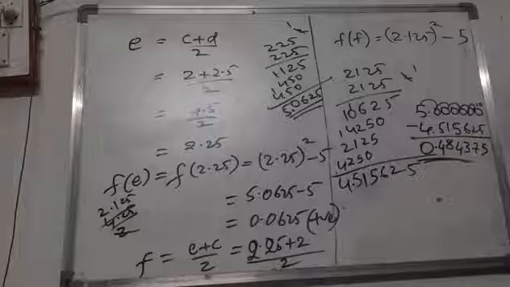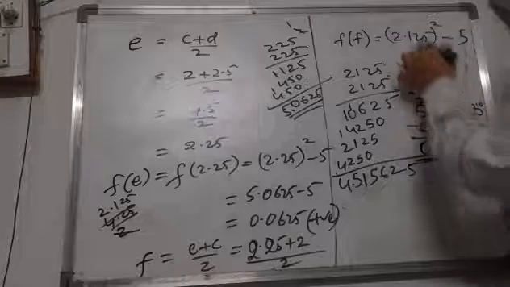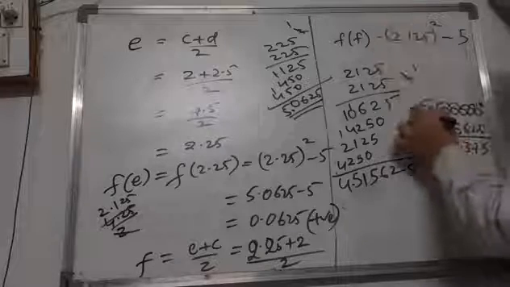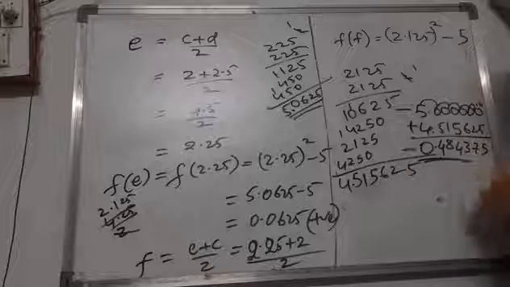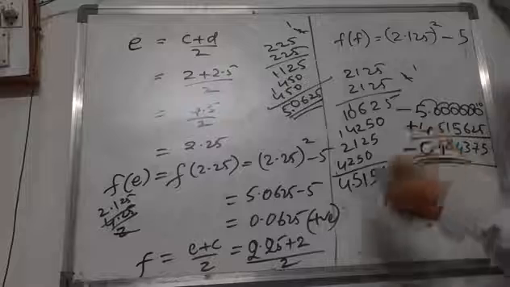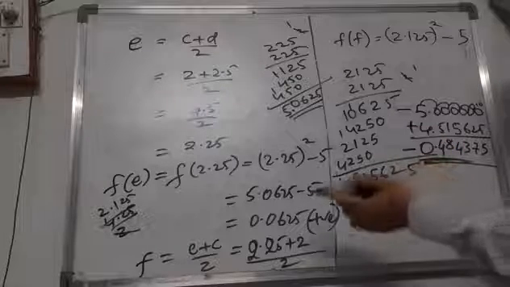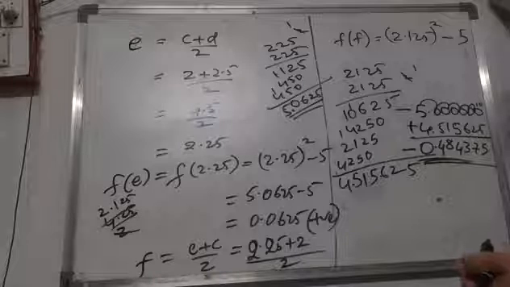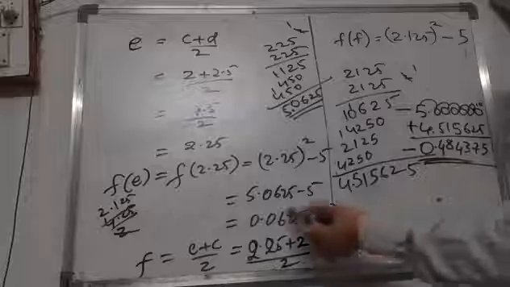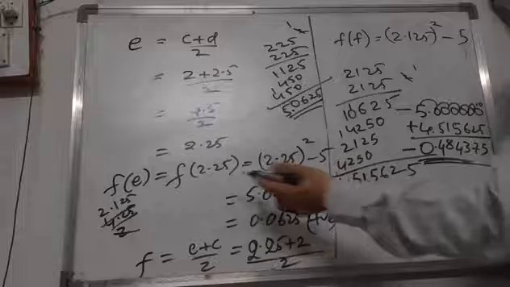So 0.484375 you will get. Okay, this is a positive value, and this is a negative value you are going to get, because this one we are taking as negative and this one is positive. So you are going to get a negative value. So this is negative. And what is the nearest positive for this one? The nearest positive value for this one is E. E is the nearest positive value for this one, isn't it?